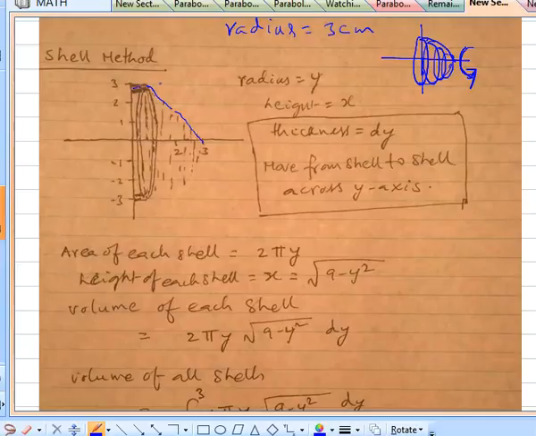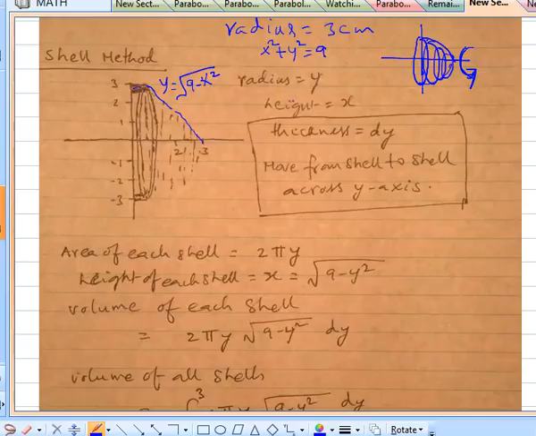So now the function y is equal to the square root of 9 minus x squared. And my apple is not really spherical, but we are assuming it is sort of spherical, and it's almost x squared plus y squared is equal to 3 squared, which is 9, and with that you get y equal to the square root of 9 minus x squared. And similarly, if you want to get x in terms of y, x is going to be equal to the square root of 9 minus y squared.